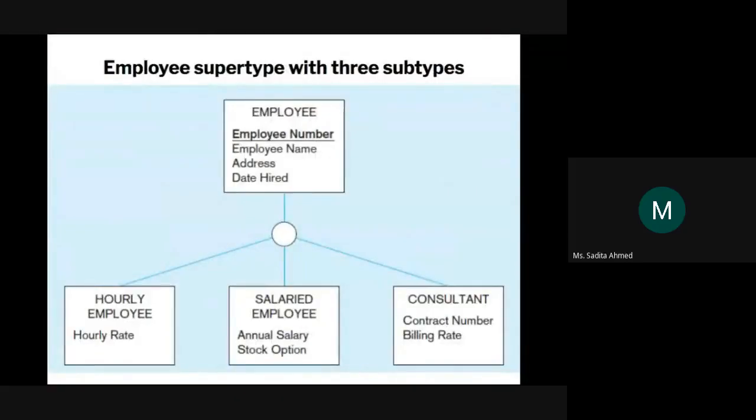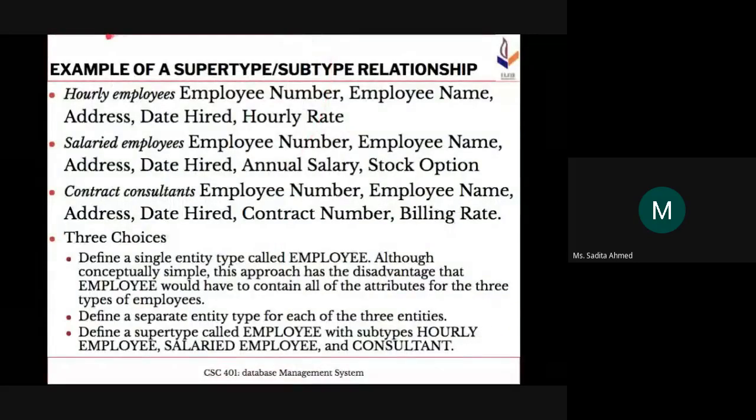Duplication as in attribute গুলো duplicate করছে না, value কিন্তু duplicated হবেই না, মানে even if you were to create separate entities for these 3, কোনো employee entity, কোনো employee super type বা এরকম কোনো কিছুই নেই, just hourly employee, salaried employee, contract consultant entity create করলাম, আর সবগুলোর মধ্যে এই সবগুলো অ্যাট্রিবিউটই থাকবে। hourly employee মধ্যে এই যে 5টা অ্যাট্রিবিউট থাকবে, salaried employee তে এই 6টা অ্যাট্রিবিউটই থাকবে, contract consultant এও এই 6টা অ্যাট্রিবিউট থাকবে, ঠিক আছে? Even if you do that, value কিন্তু duplicate হবে না. The value না, but the fact